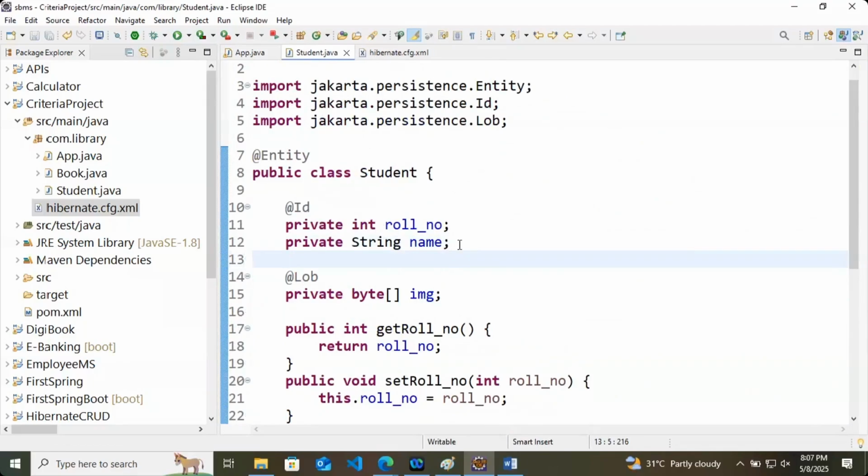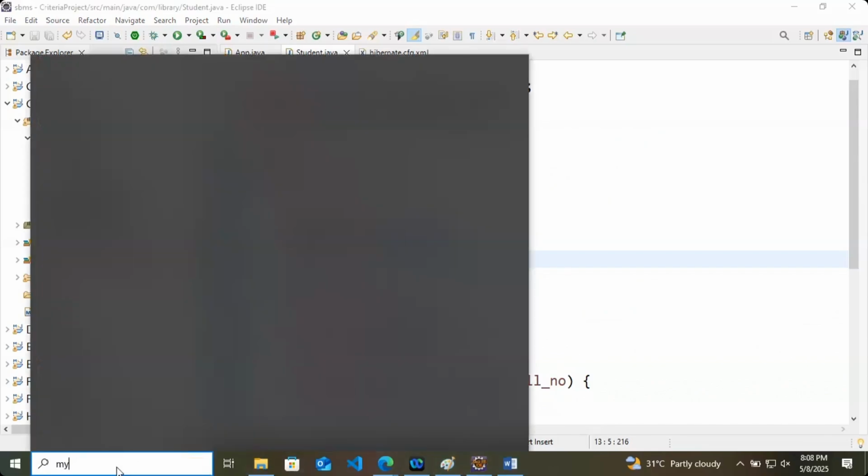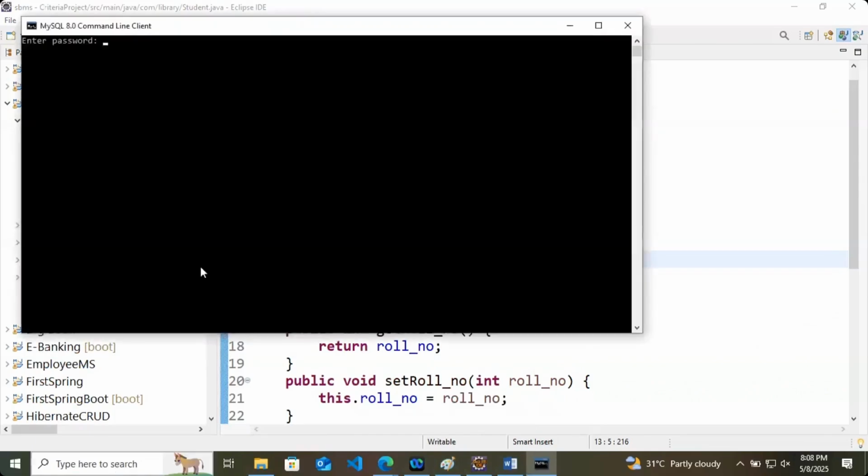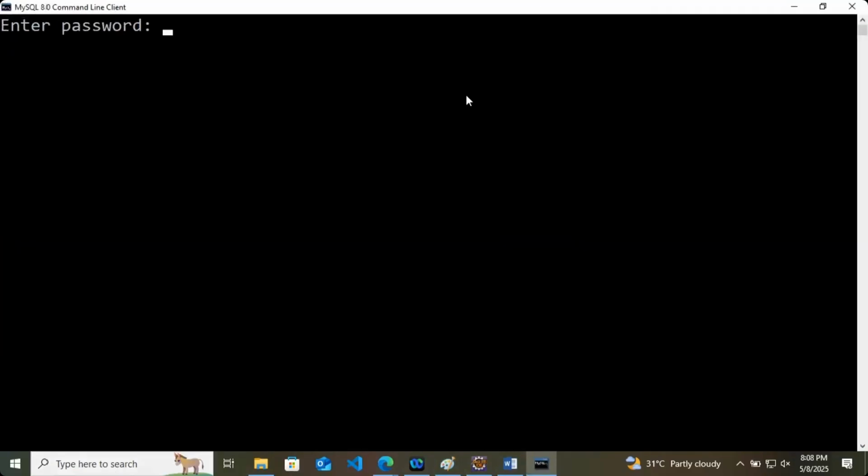Lob means large object, and Hibernate says okay, I will store it as a binary large object, because I don't understand what an image is. I understand only text.